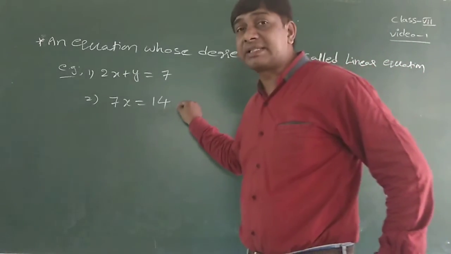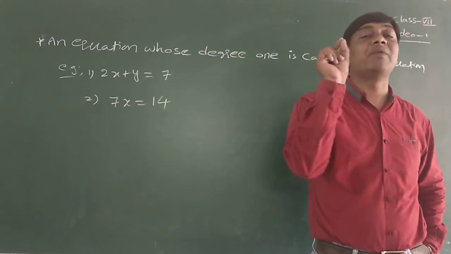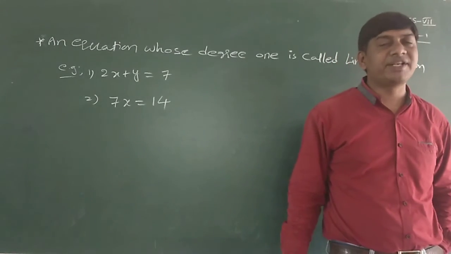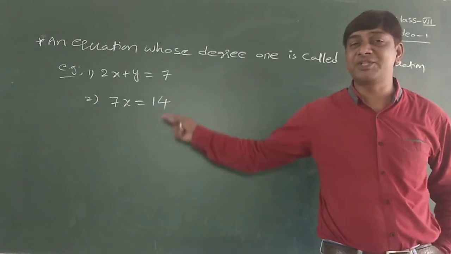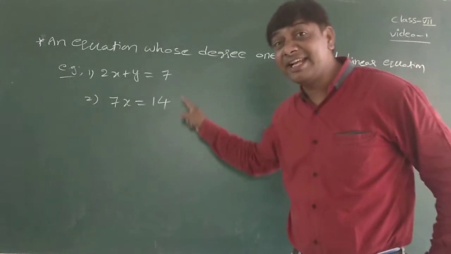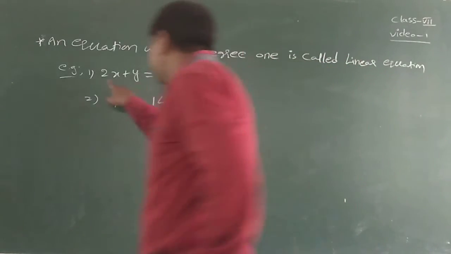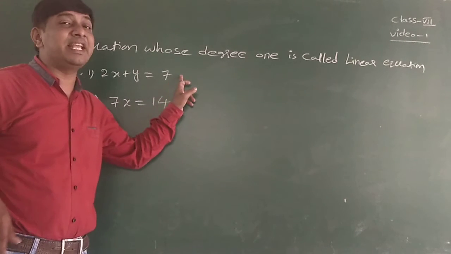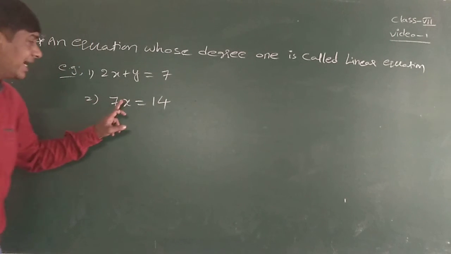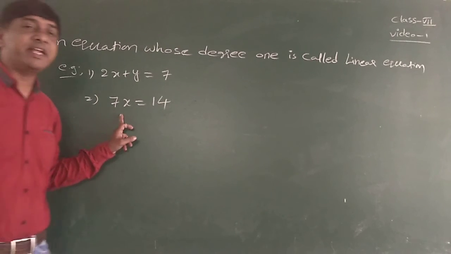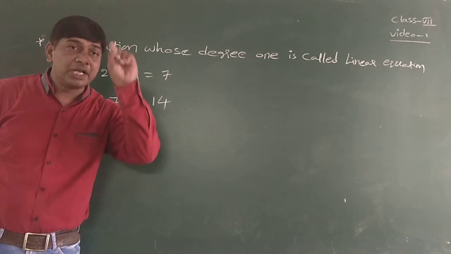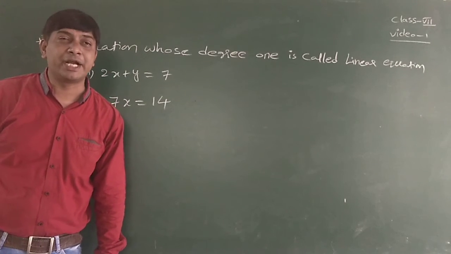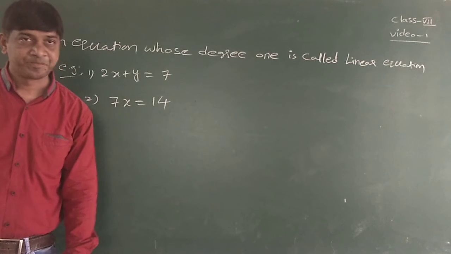This is also called a simple linear equation. Simple equation. We may call another name of this one a simple equation. Both are linear only. But in this first case, I used two different variables, so this is called a linear equation in two variables. Whereas this is a linear equation in one variable. A linear equation in one variable is also known as a simple equation or simple linear equation.